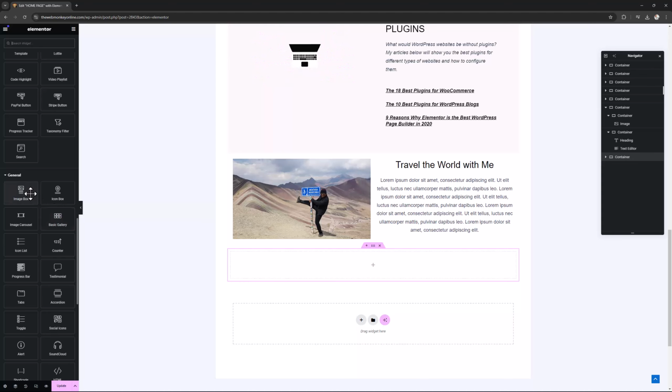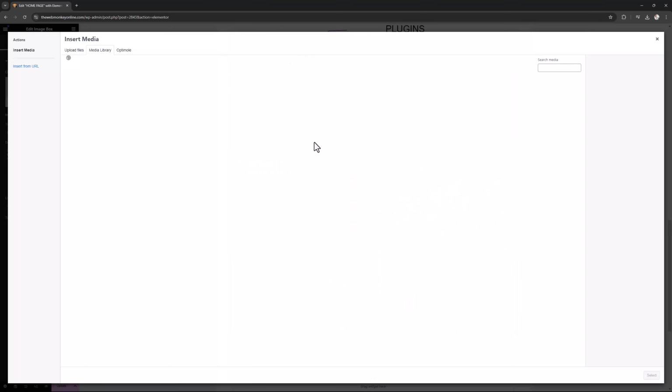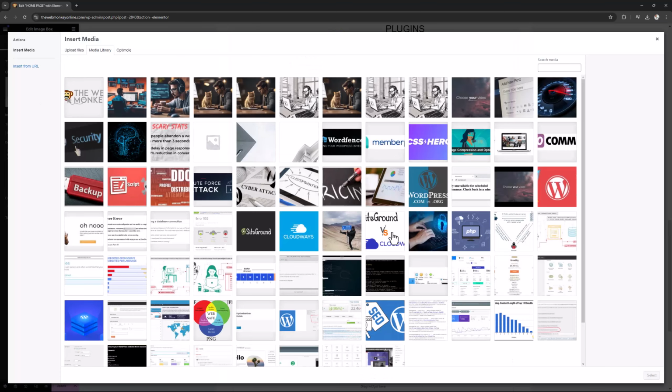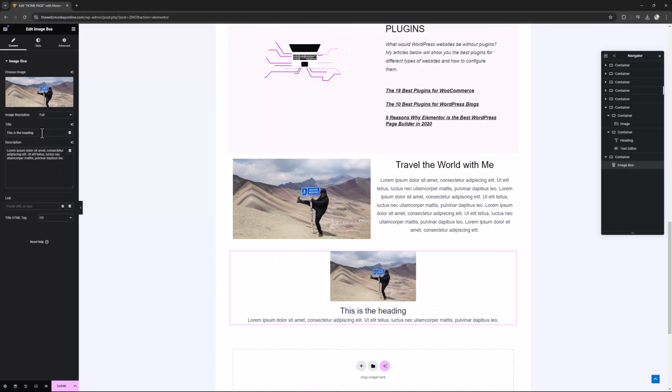It's literally the very first element under General. So I'm going to drop that in here, and now I am going to select my image, which is the one right here. So select that one, and now the heading, let me just change that to Travel the World